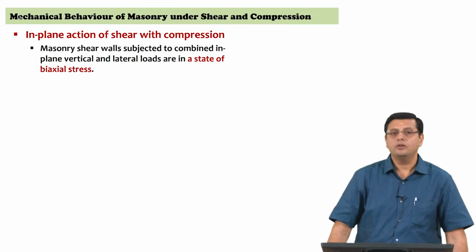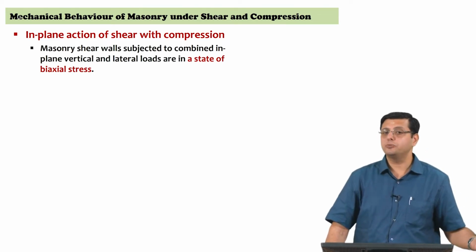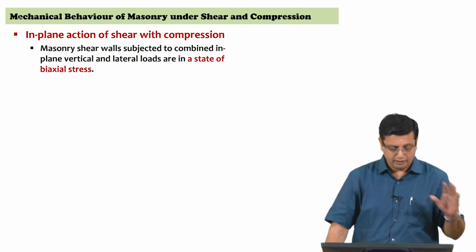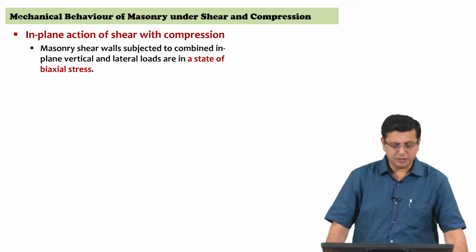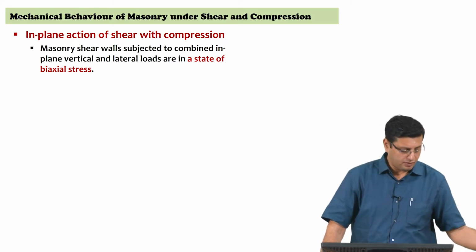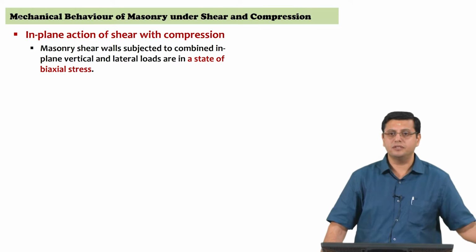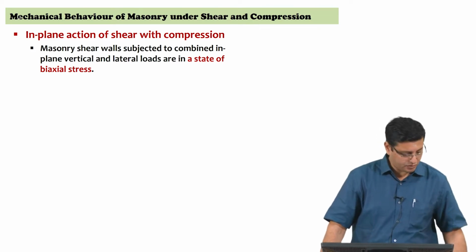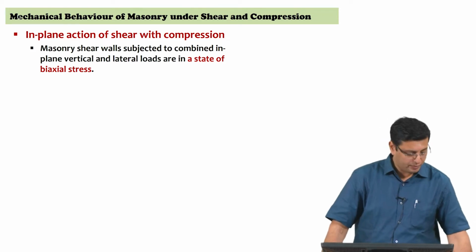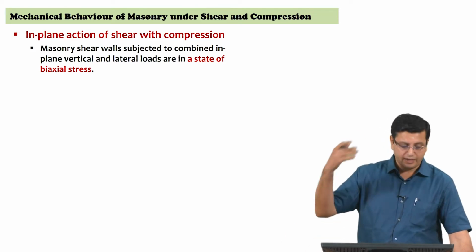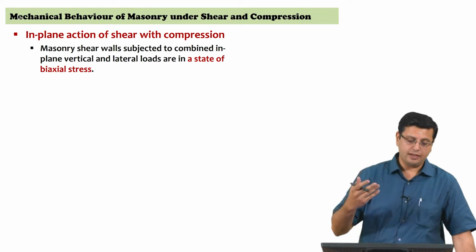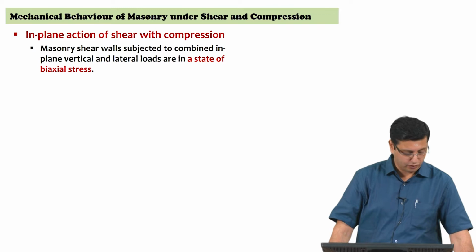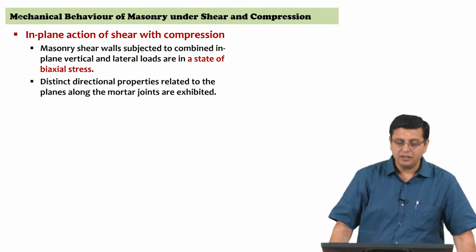Okay. So, we need to be examining the state of biaxial stress that develops, and it is this which becomes the basis of the principal stresses which we need to examine and arrive at some failure criteria. So, we are going to be examining a combination of the vertical gravity forces superposed and self weight with the lateral forces acting on the wall, leading to a biaxial state of stress. So, what is observed